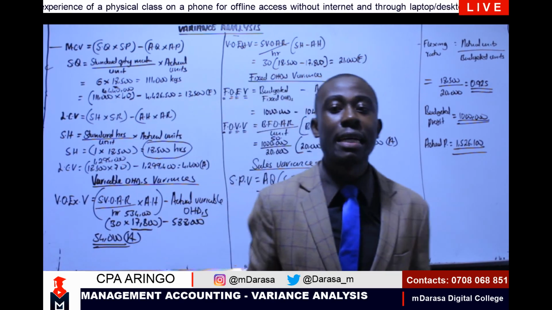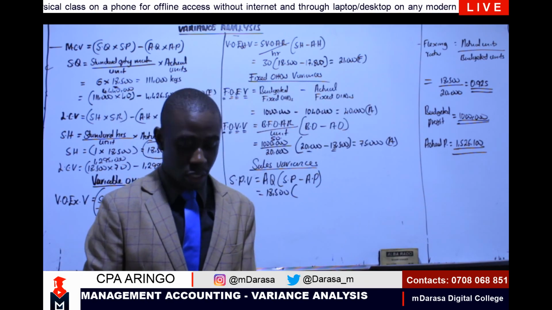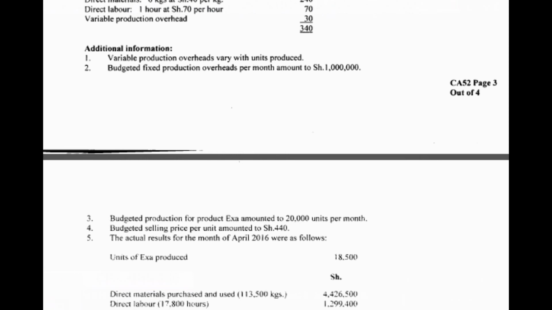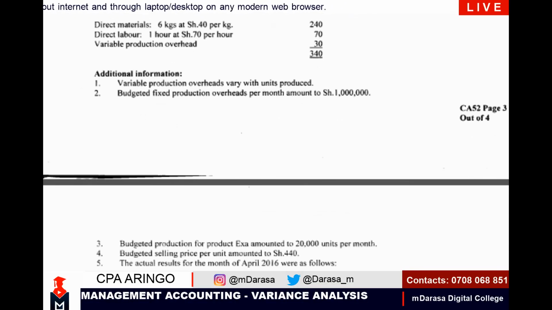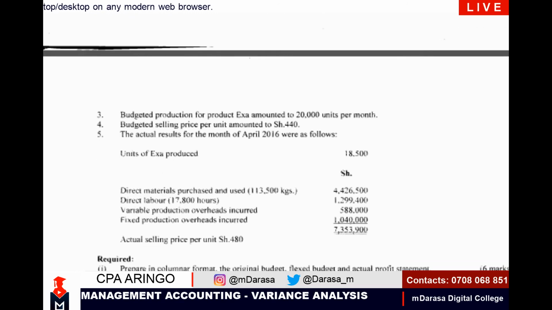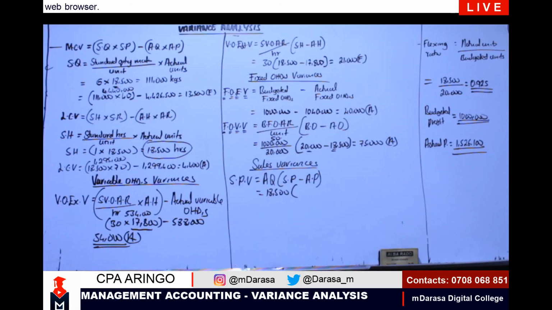What about our standard selling price per unit? I'd budgeted to sell these units with how much? Go to our question here. Looking at our question clearly, I'd budgeted to sell our products. If we go to note number 4, budgeted selling price per unit is 440. What about your actual selling price? Note 5. Our actual selling price per unit is 480. So you are talking of 440